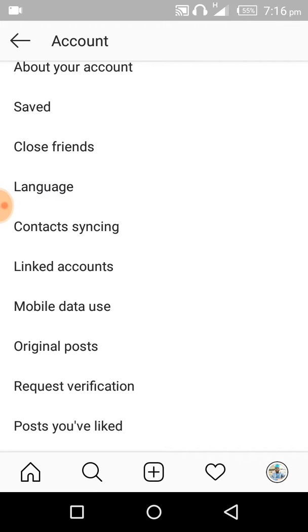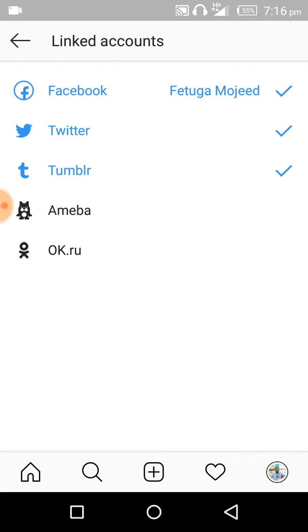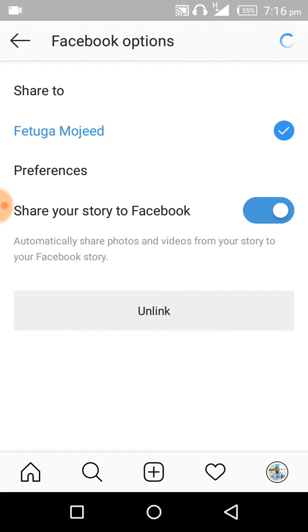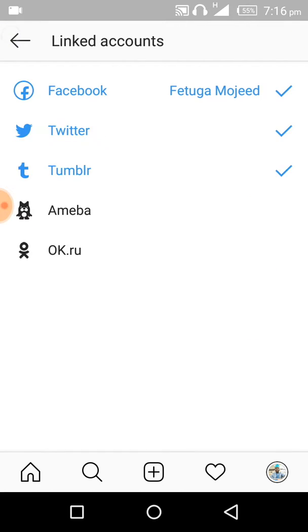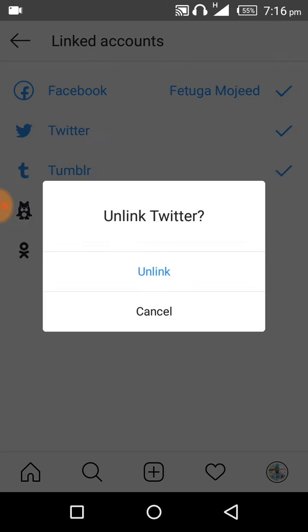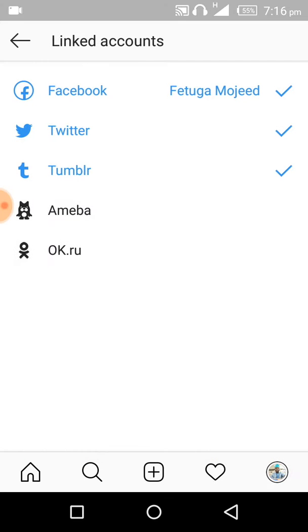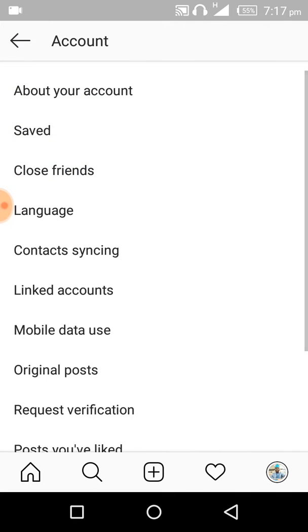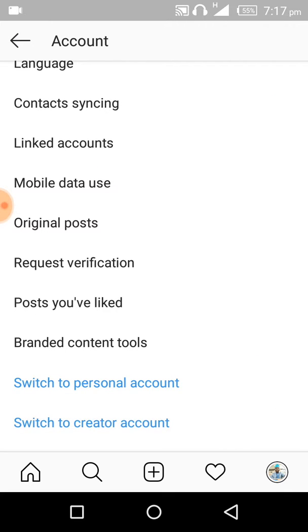Other accounts that you can link with an Instagram account, like in my own case, I've linked my Facebook with it. I've also automated all this, and I've also linked my Twitter account with it. I've also automated that, and even my Tumblr I've linked up. So in other words, you can